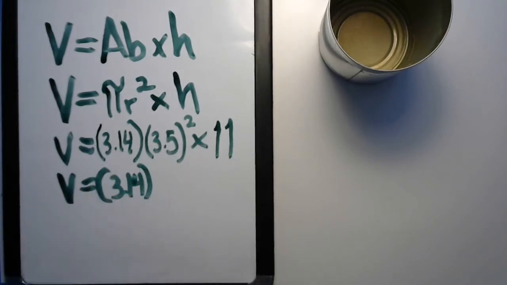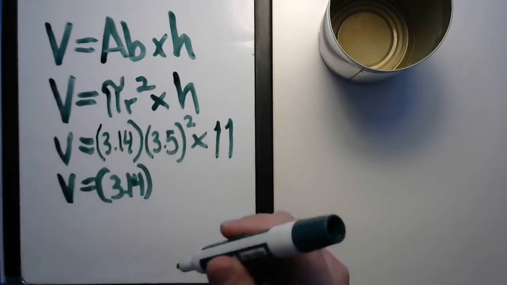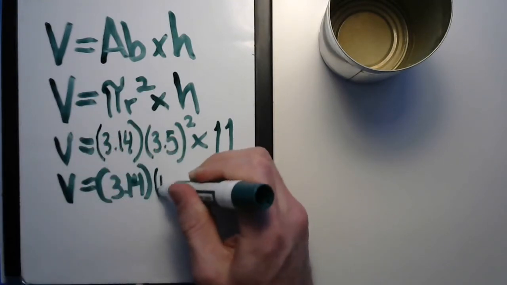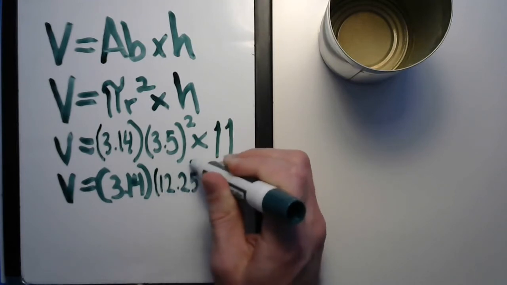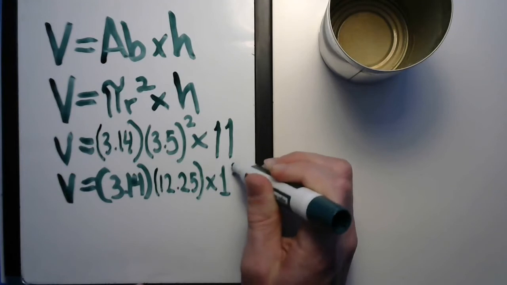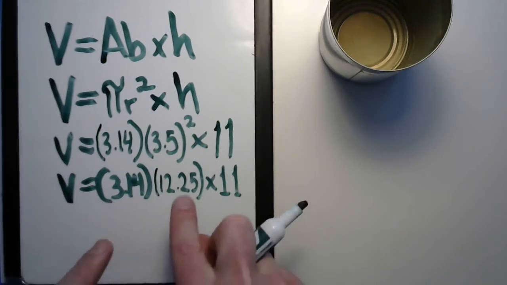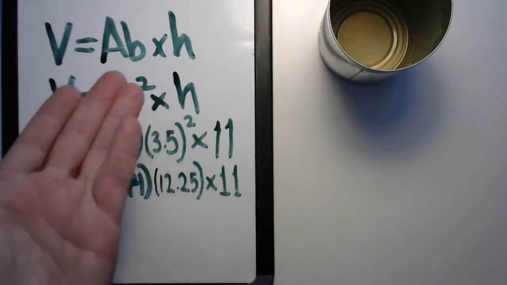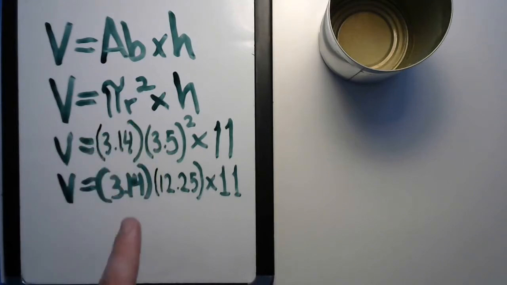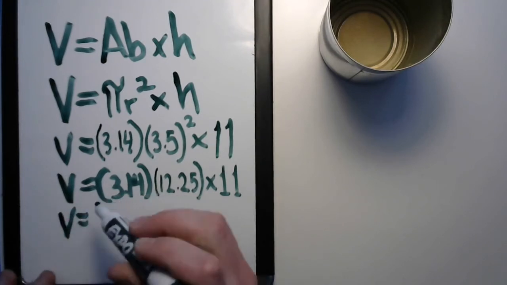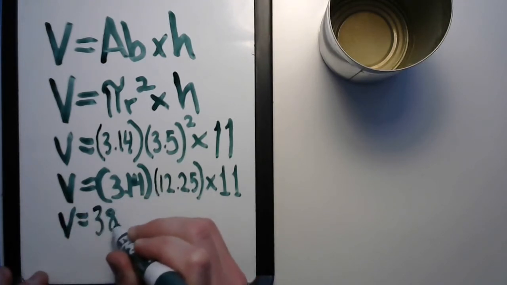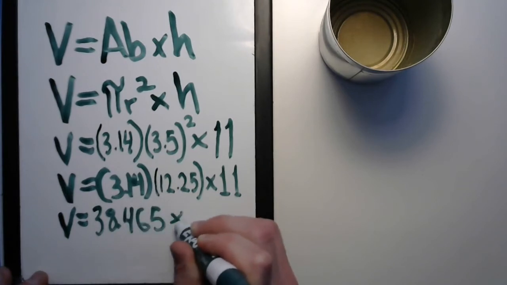Let's solve that square first. What is 3.5 squared? 12.25, or 12 and 25 hundredths. Try to fit everything in here. And times 11. I'm thinking we should save that 11 for the very end, potentially, because we've got to figure out this 3.14 times 12.25. Pull out your decimal fraction multiplication hats, friends, and give me a number for this. 38.465, and we're going to multiply that